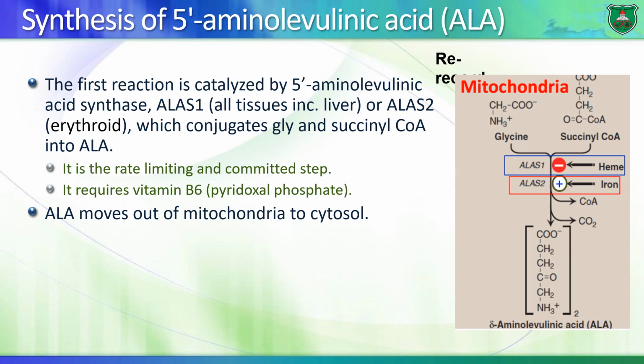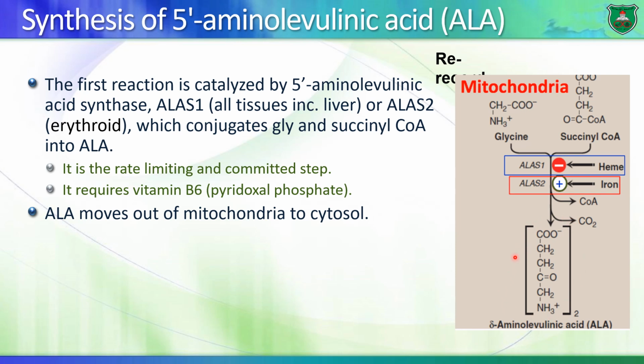So the first reaction is probably the most important one, which is a reaction that is catalyzed by an enzyme known as aminolevulinic acid synthase. Okay, and there are two types: ALAS1, which is expressed in all tissues, including liver, and ALAS2, that is erythroid specific. Now, ALA synthase catalyzes the condensation of glycine and succinyl coenzyme A into a molecule known as